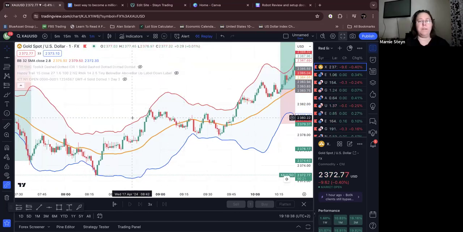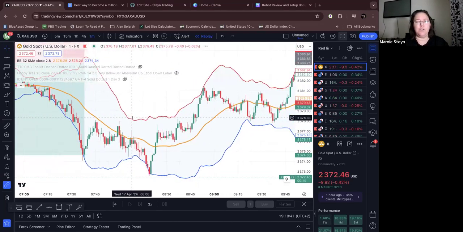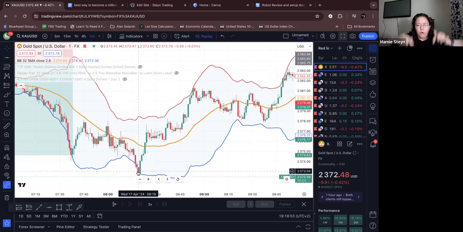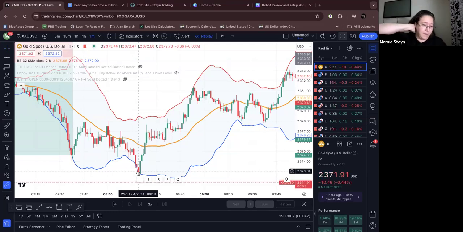Okay. So what would have happened with the robot right now? The robot would have taken a trade for you here, because that's part of its parameters. Once it breaks the Bollinger Band, it will actually take a trade. And the reason why it is not profitable in the current market conditions, or let me not say this, it is profitable. Okay, it is profitable, but it can have up to a 70% drawdown. Now, I don't know about you, but for me, that's crazy,